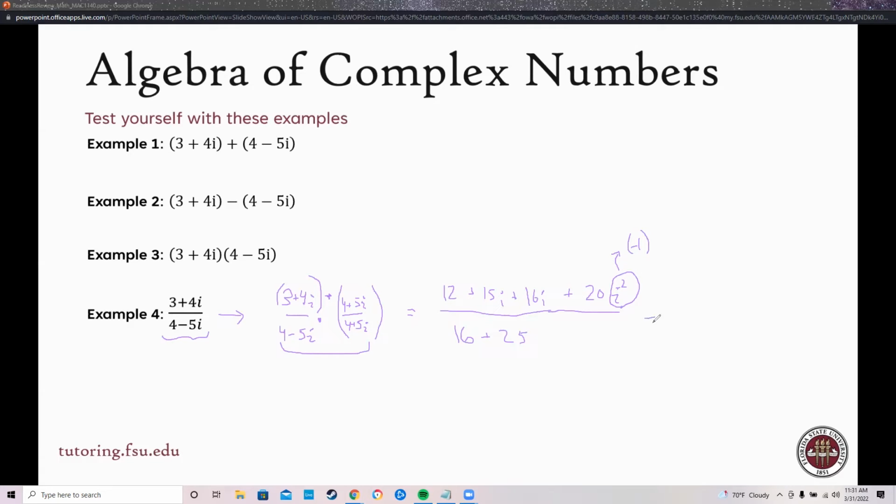So now what I have is 12 minus 20. So I have -8 up in the top. I have 15 plus 16, so plus 31i, all over 16 plus 25, which is